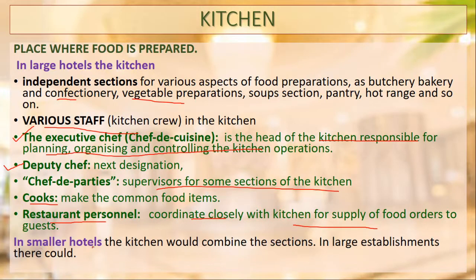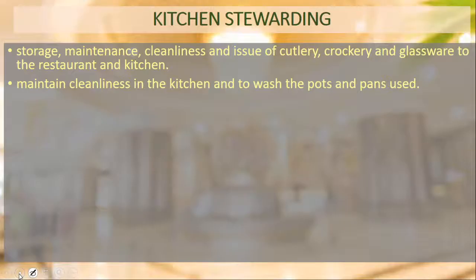But in small hotels, there could be only one kitchen which combines all the sections, whereas in large departments you have different sections. जैसे आप जाओ छोटी सी जगह पे, if you are going to a ढाबा, everything is there in one single kitchen. और बड़े रेस्टोरेंट्स में जाएंगे, you will find that at one place pizzas are served, कहीं पर चाट है. So it depends on the size of the organization.